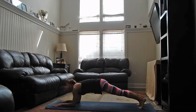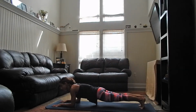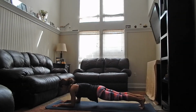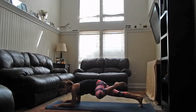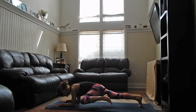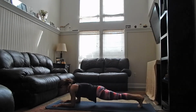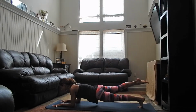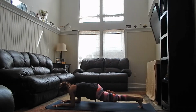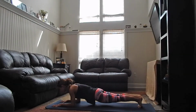Now we're going to come onto our forearms into a low plank. And again, make sure your bum's not too high up in the air. And eventually we're going to lift up that left leg, point your toe, and then we're going to bring our left knee to our left shoulder, bicep, hold it, and drop the knee if you need to, if it's a little too much, and then bring it back, and same thing on the other side. So we're going to bring that right leg out, point your toe, bring your right knee to your right bicep towards your elbow and back, hold it,